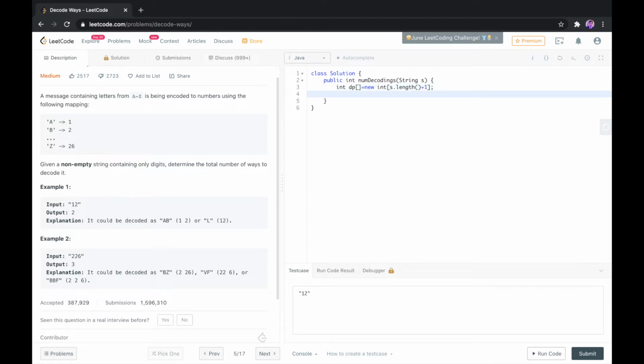Our DP array is going to store the number of ways a particular number can be decoded. Since an empty string has only one way of being decoded, we store 1 in the 0th position of the DP array.